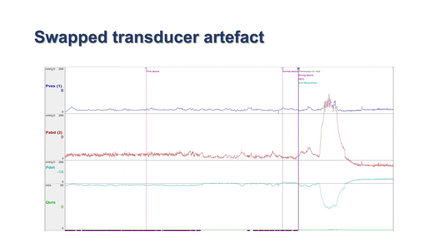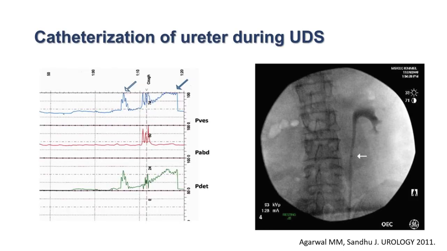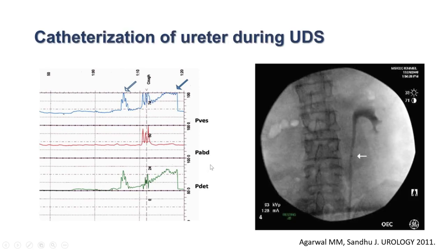Now, this artifact is very funny: the person performing the study actually put the wrong tubing into the wrong transducer. This is a very interesting situation we published about 13 years back. As soon as the flow was initiated, the patient developed flank pain and the pressure rose. So we did an